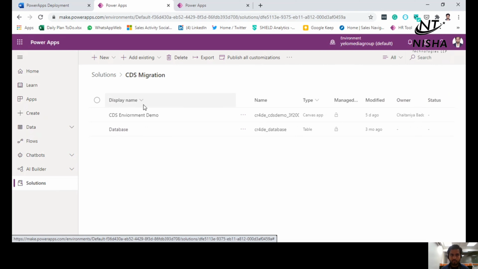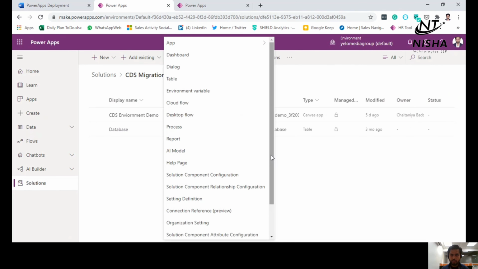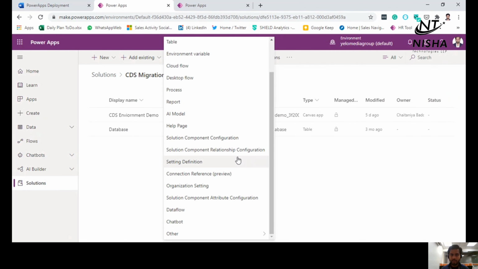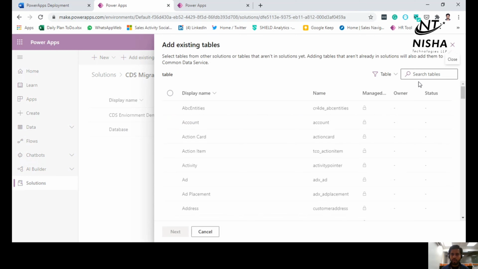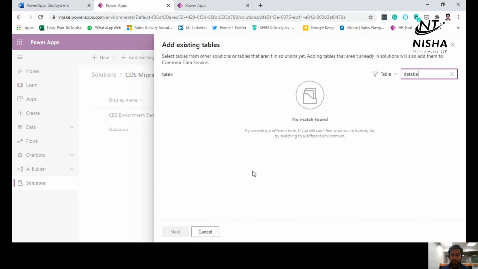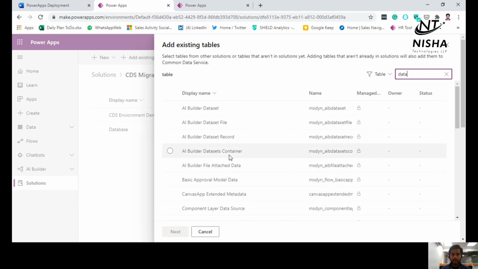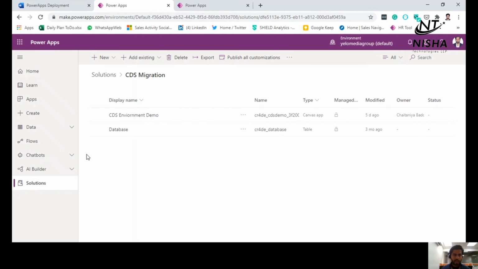This is our table, guys. We are able to add it from this list. You can simply add an existing table, click on table. It must be somewhere here. Your table is here, so find your table. In our case, it was database, and simply add it. Database is already added. That's why you don't see it in the list, right? Guys, we can remove it and again add it.